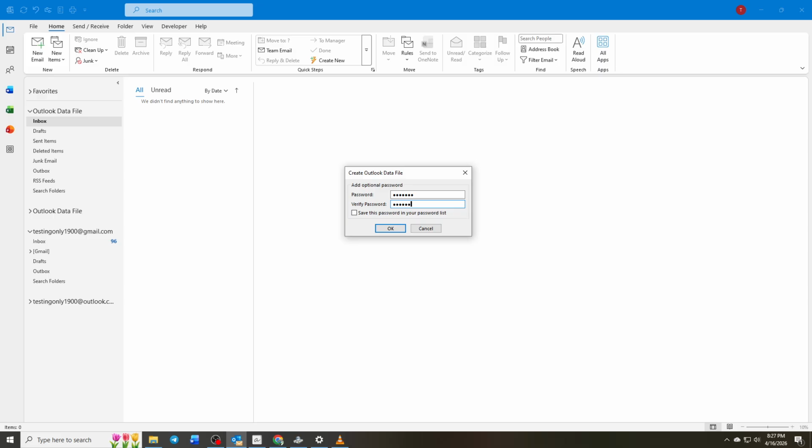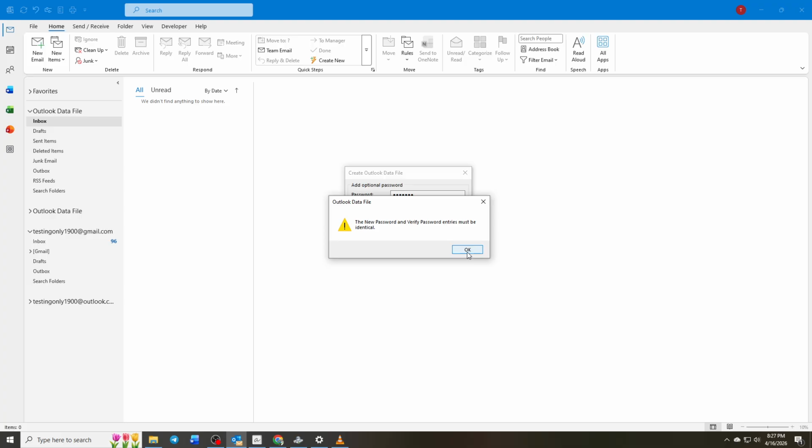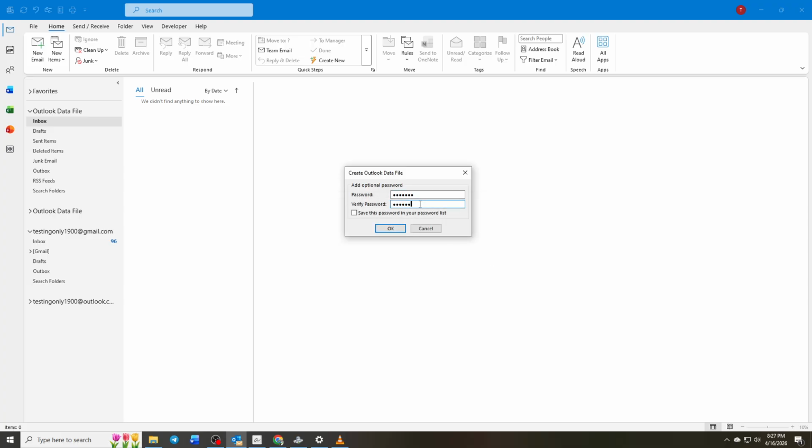Once finished, your Outlook data will be safely stored in a portable file that you can use for restoration or